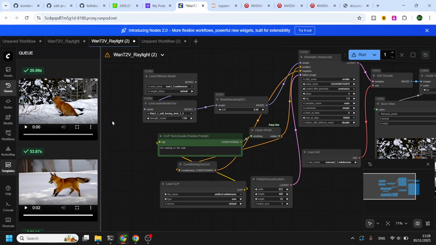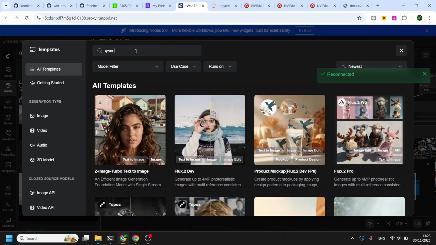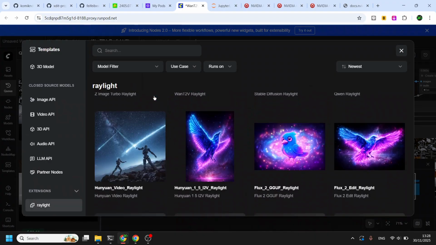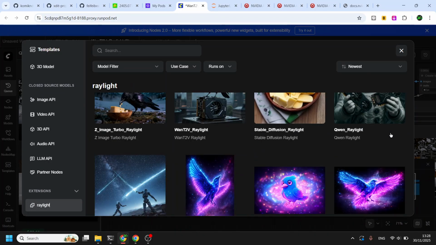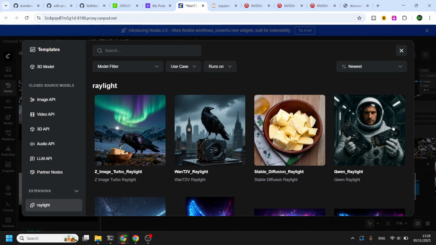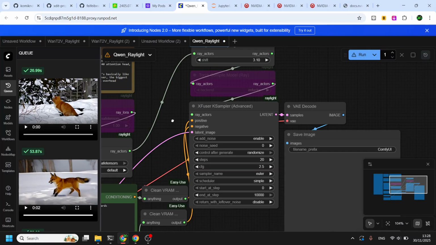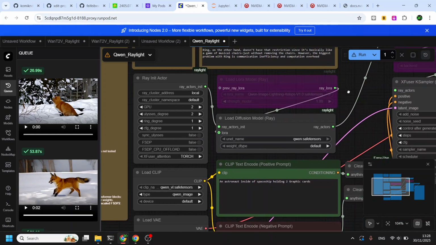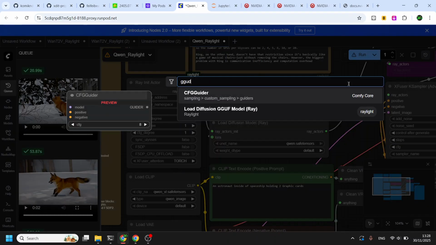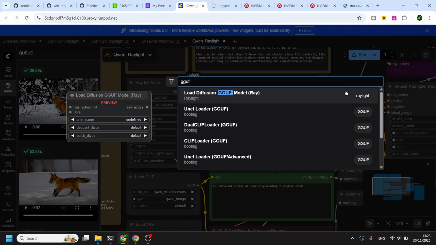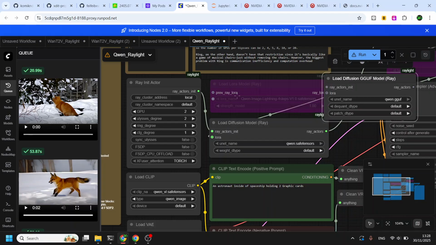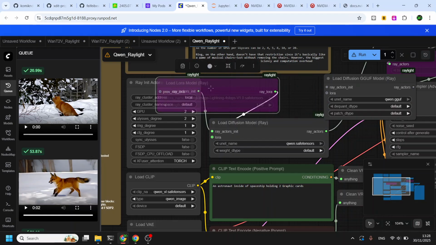Let's use another model, say Qwen. Next, you can use the template in Raylet. There are already multiple models that are supported. Let's try Qwen, this one. Qwen, Raylet, same. Since I use Google as my Qwen model, let's use that. Unfortunately, Google cannot be FSDP, so we are going to use Ulysses only.